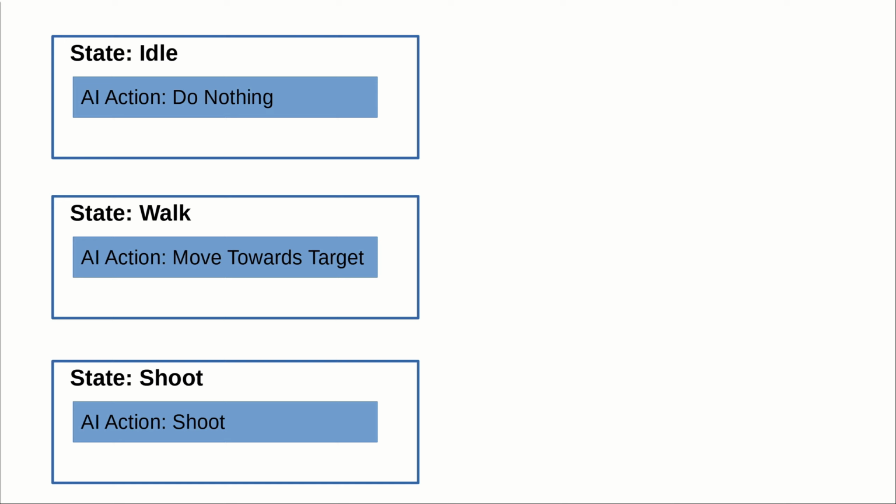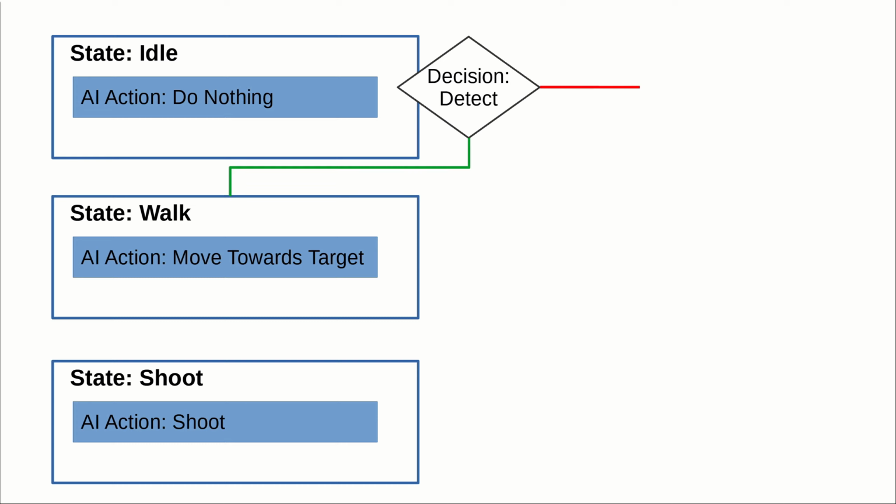Now, when the AI brain starts, then he goes to the first state that you have defined. In our case, our state idle is our first state, which means he will be there and he will do nothing. So how can he go from state idle to state walk? There is a simple solution. It's called AI decisions. Those are in the transitions part of the AI brain, which means you define an AI decision. In our case, it would be detect the target within a radius. If he detects our player within the radius, then he can go to the next state. If not, he stays on the same. I have here a yes in green and a no in red, which means, is he detecting something? No, so he stays red until he finds something, and then he goes to the next state, which is walking, and then he starts moving